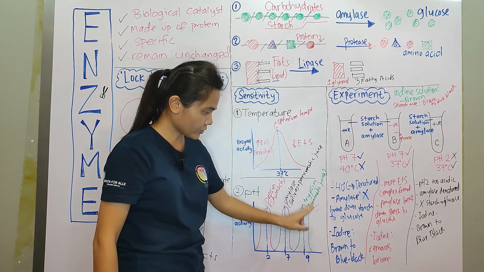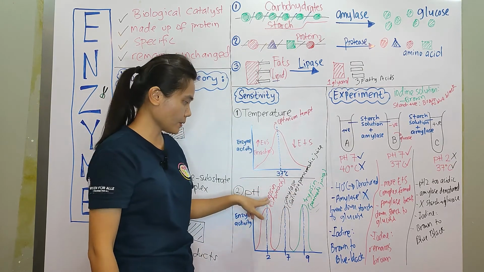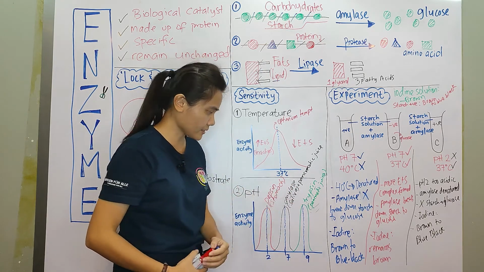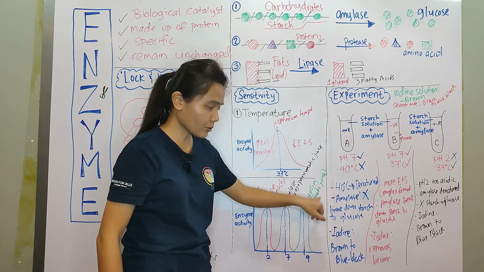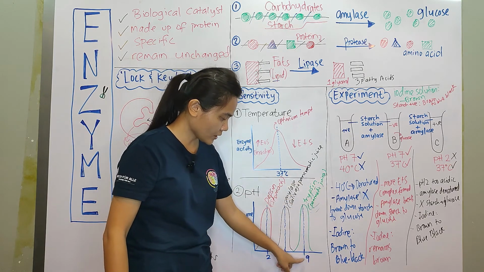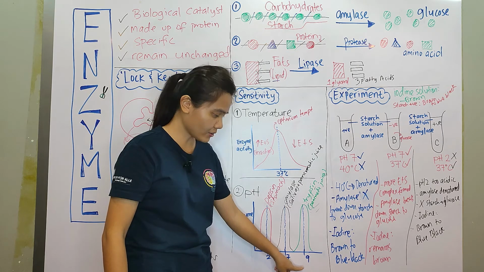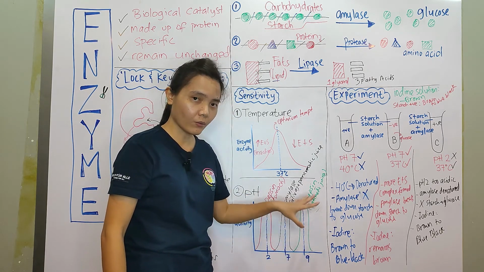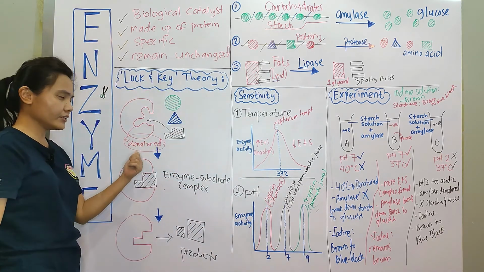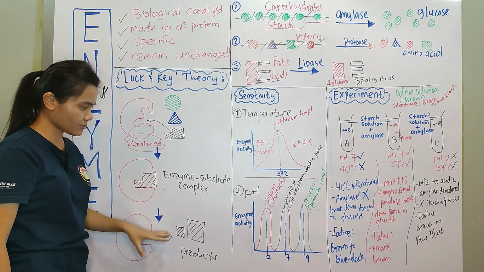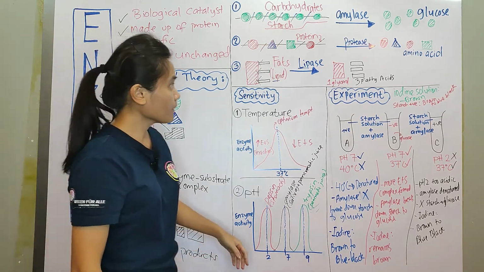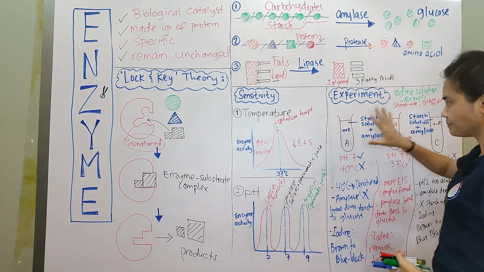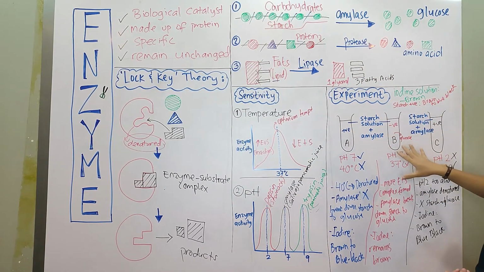And this one, trypsin, is also a protease. So pepsin is also a protease. But depending on the location, they have different names. So trypsin can be found inside your pancreas or in the pancreatic juice. So it works best at alkaline environment like pH 9. So below 9 or above 9, they will not work because they get denatured. Therefore, less enzyme substrate complex form, less product. Here, the experiments, again, you just need to know all of this. Then you will be okay for experimental question.